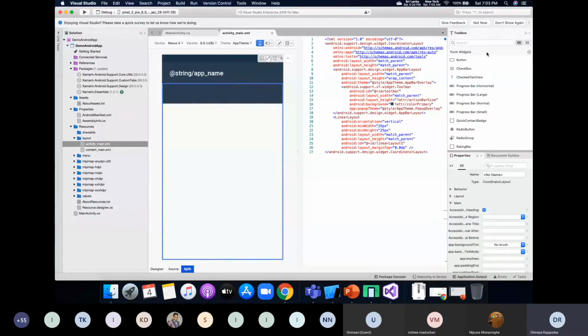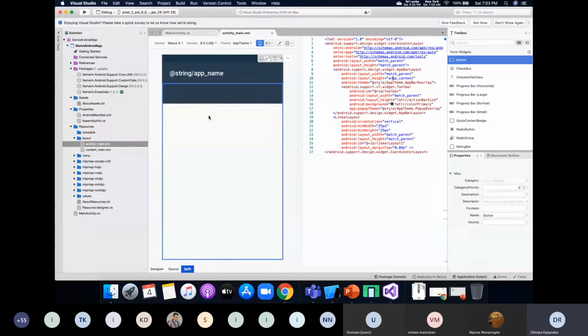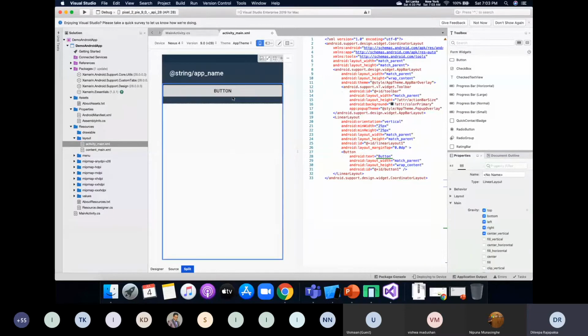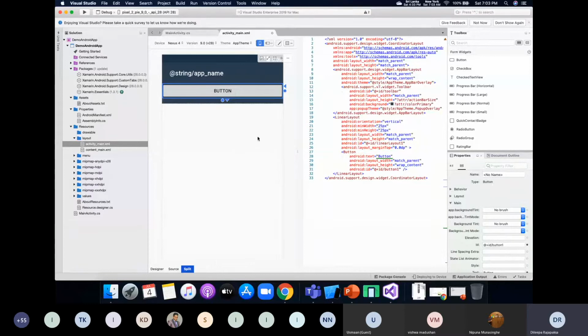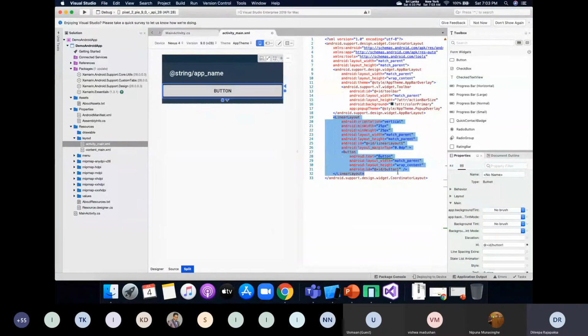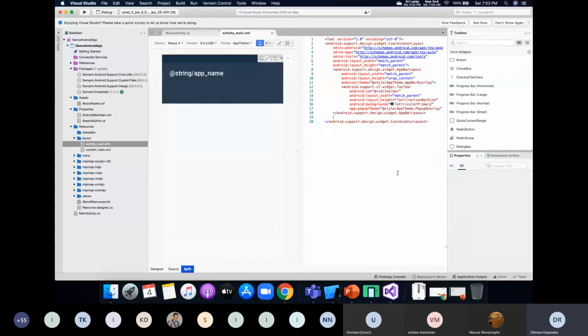Okay, anyway. So now I'm going to add a button. I'm going to drag and drop a button here. You can see the button added. Okay, anyway, so it's not coming down. Let me check in my layout if I have any margins. Okay, let me drag and drop back, and you can see the Android XML showing you the UI exactly. I'm going to add another